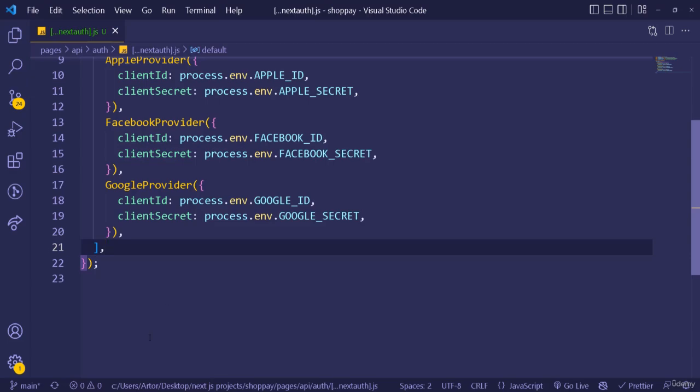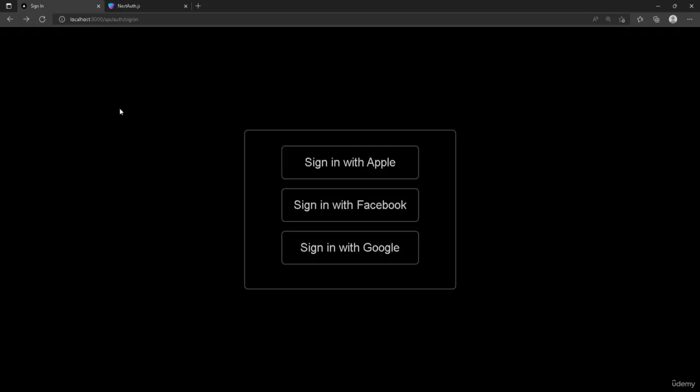So let's continue our setup. If you go back to the browser, you see that if we want to go to the login page, we have to go to /API, then auth, then sign in, which is a lot. We will need to have some sort of a shortcut. We just simply need to go to localhost 3000, then /sign in or login, and then we can add those